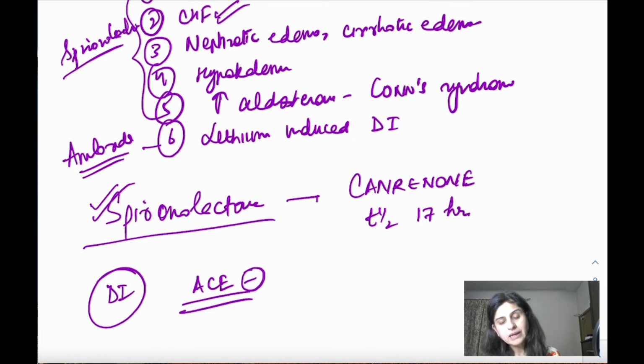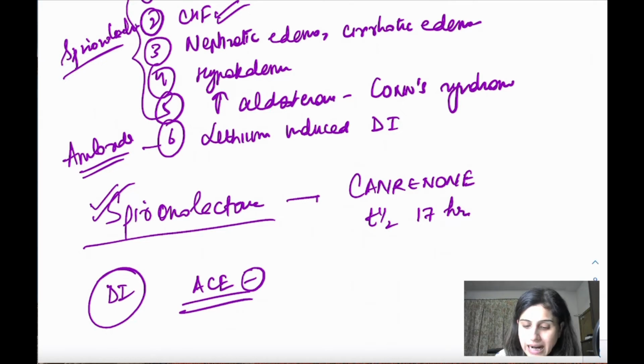So be very, very careful, because in CHF patients ACE inhibitors are the primary drug of choice. और उसमें कई बार आपको spironolactone देना पड़ सकता है. Normally हम otherwise नहीं देते. तो वहाँ पे आप small doses दोगे for a short time and you will keep on monitoring the potassium levels. Otherwise it can lead to dangerous hyperkalemia. The patient will go into arrhythmias. Right? So this is about the potassium sparing diuretics.